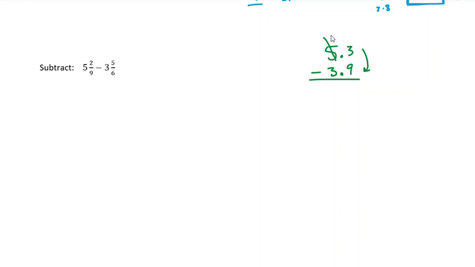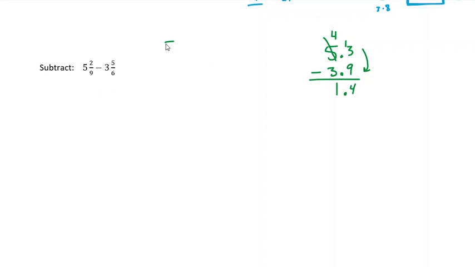We have to borrow from the 5, make it a 4, and then add a 10 to the 3, we say that's 13. And then 13 minus 9 is 4. Bring down the decimal point. 4 minus 3 is 1. So 1.4 is the answer that we get for these made-up numbers that are similar to the mixed numbers I started with. But I just wanted to show you that in decimals we have to borrow sometimes from the higher place values in order to be able to do the subtraction, and that's what's going to happen